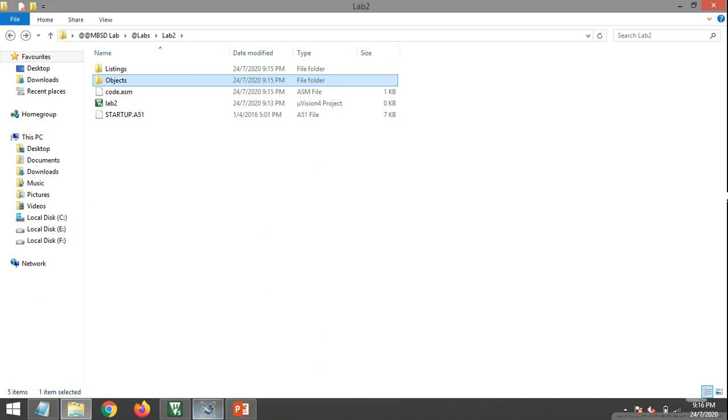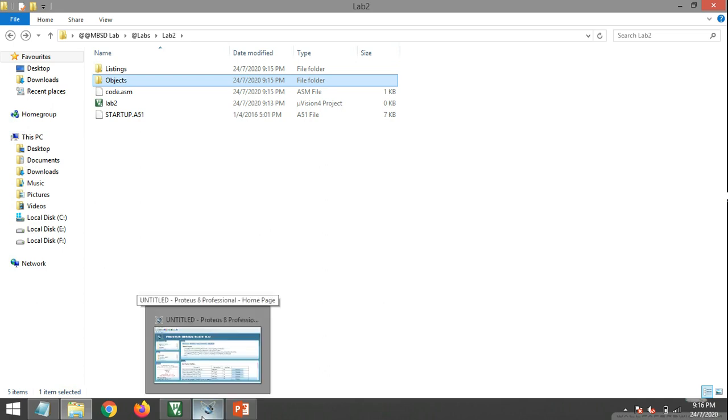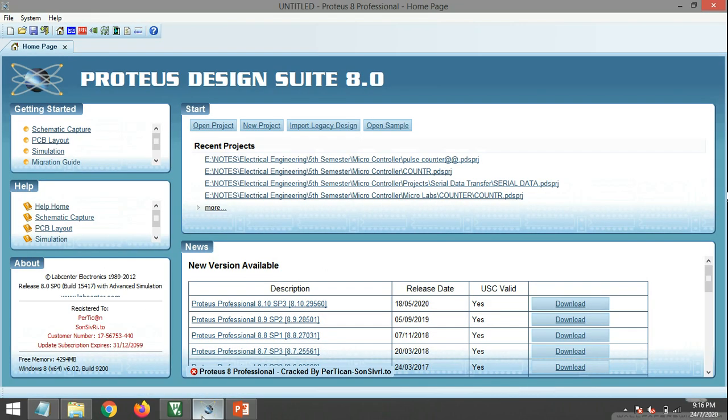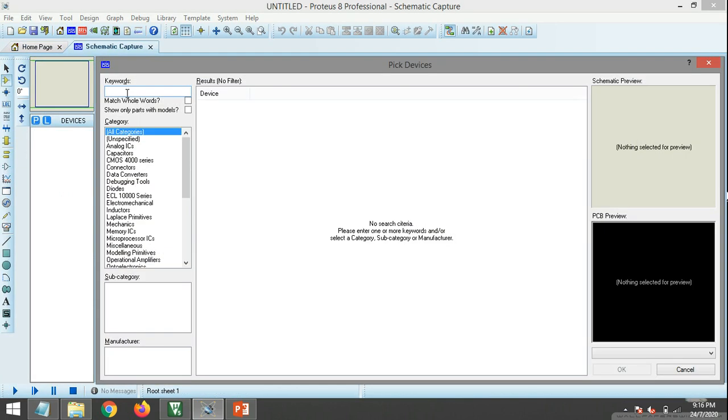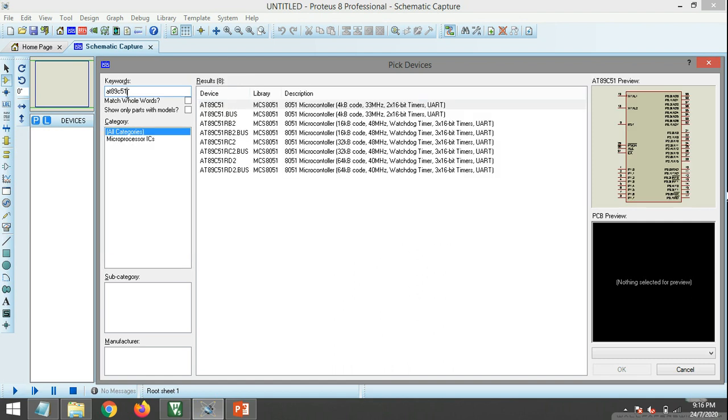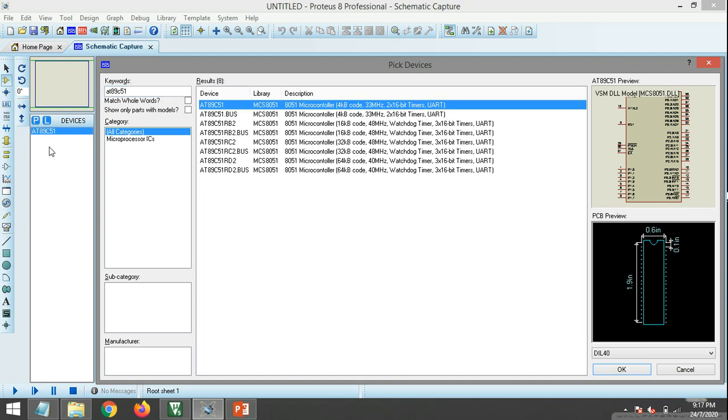So now after we are done with the hex file, the next thing is to make our circuit diagram in Proteus. So we'll go to the schematic capture. Yes, we'll get the stuff that we need. AT89C51, this is the IC that we require. Double click on that, it will be added to our device list.